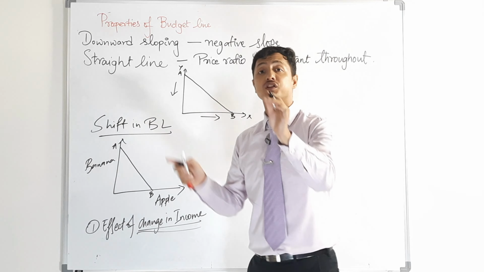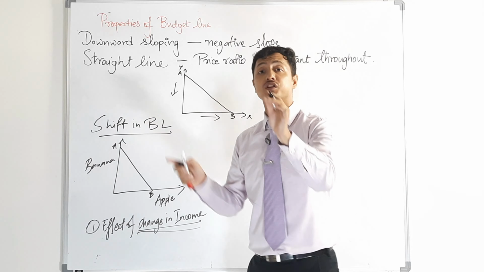If the price of the apple increases, the consumer will be able to have less of apple. So the budget line rotates towards the left from BA to BA1. If the price of the apple decreases with the price of banana remaining the same, it will rotate towards the right,